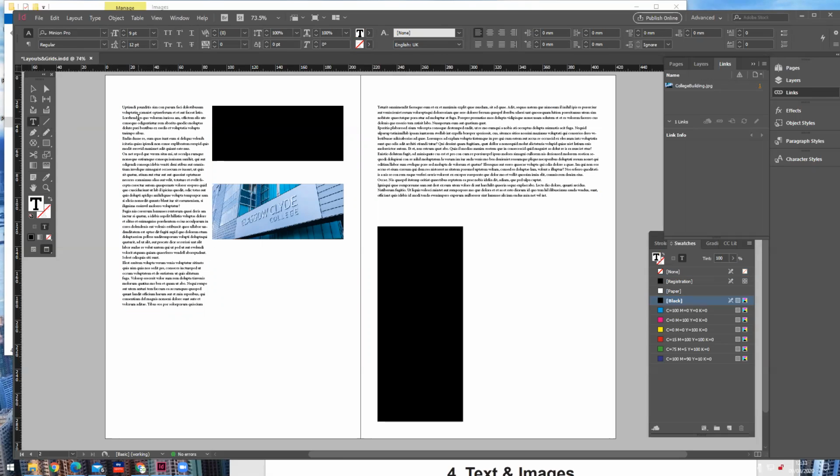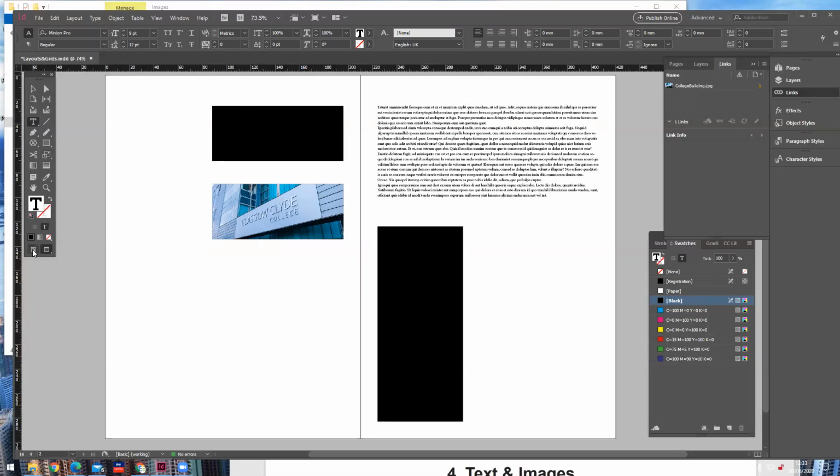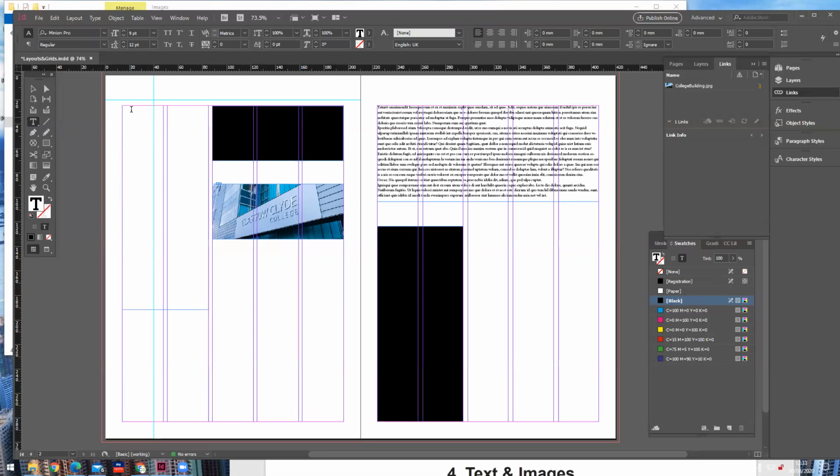Now, to change that, you need to select it all. I'm selecting the whole of that. I don't want the Latin text. I'll put my guides back on so I can see it. Slightly similar to the images, what we do is go back to